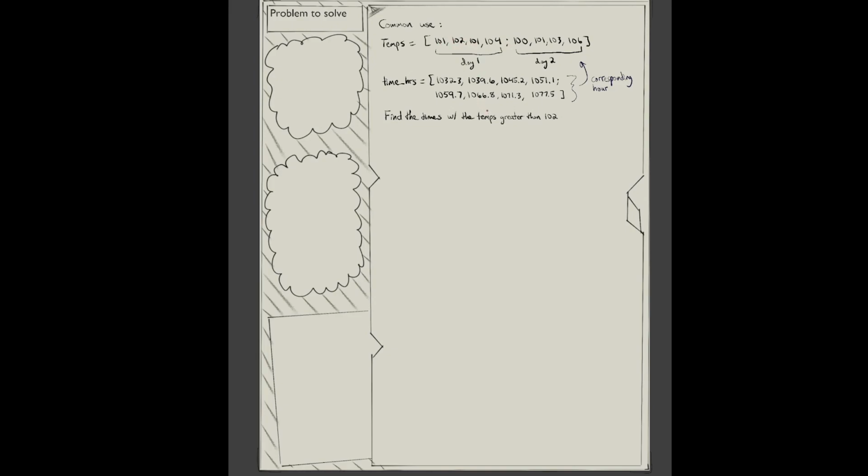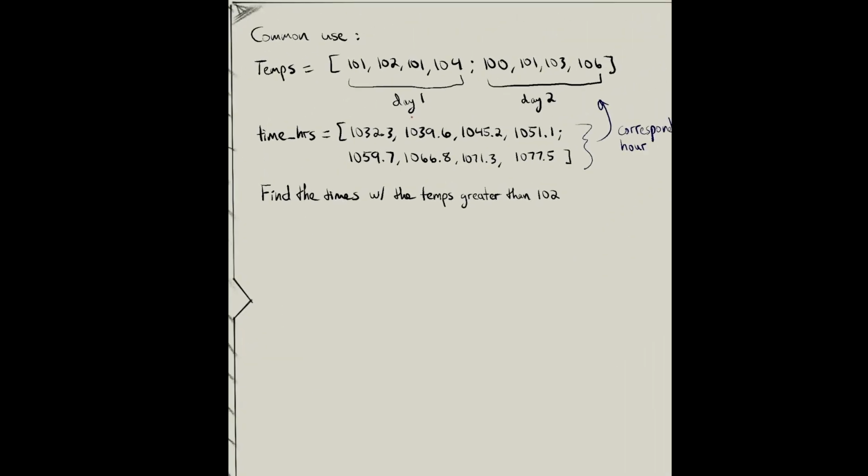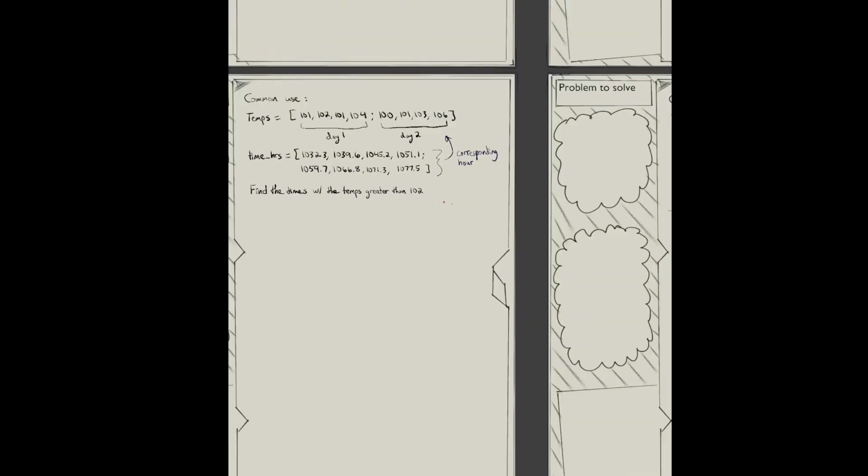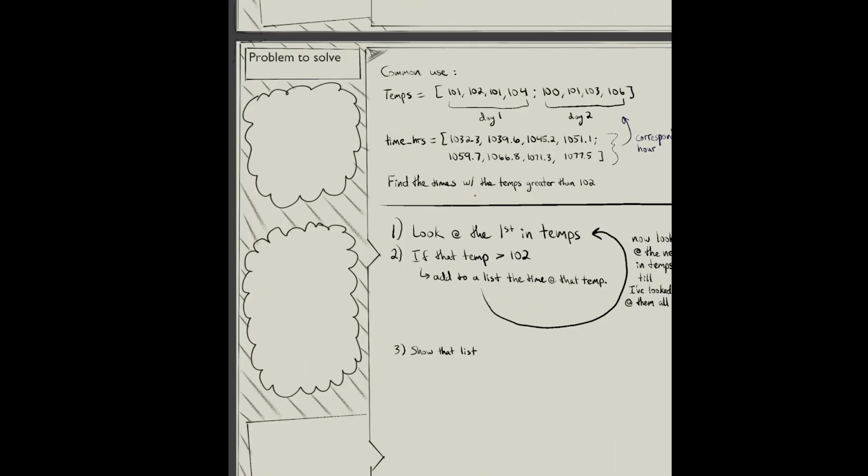So let's say I'm running some piece of equipment, and instead of keeping track with hours and minutes that day, I just have a runtime. This is how many hours it's been running. So for this equipment, it's a temperature 101 when the equipment has been running for 1032.3 hours. Temperature's 102 when it's at 1039.6 hours, and so on. So I want to find the times where the temperatures are greater than 102. So let's see, if I'm trying to solve this problem in Matlab,